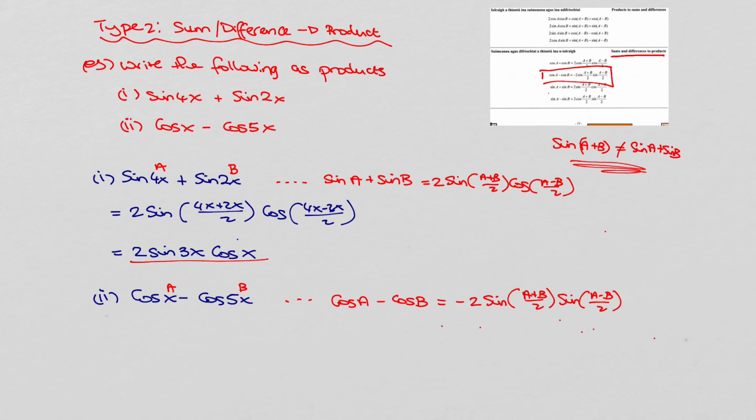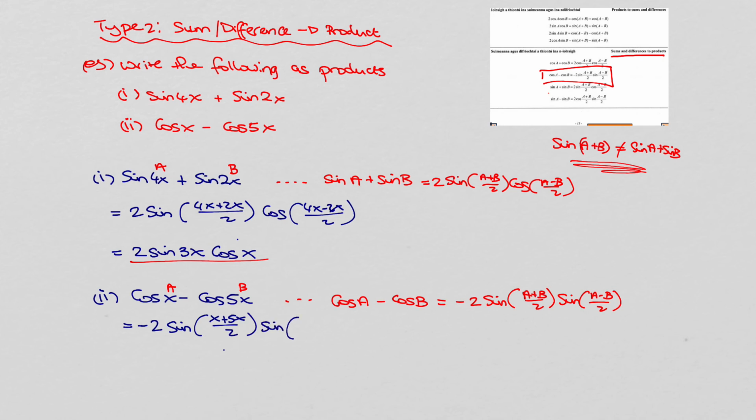And again, cos A minus cos B is not the same as cos A minus B. So cos A minus cos B, sine A plus sine B, what you're doing is you're adding two ratios, whereas in your compound angles, you're adding or subtracting the angle and then getting the ratio. So subbing in, minus 2 sine, half the sum,